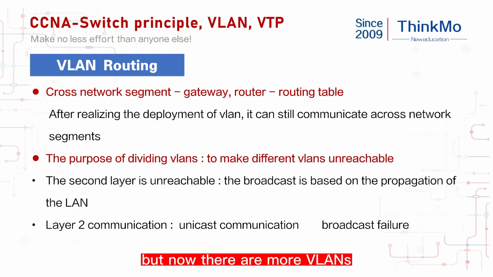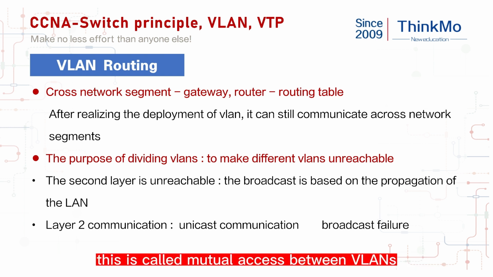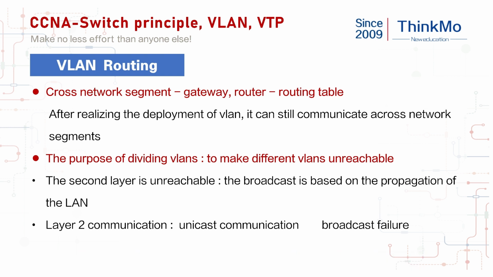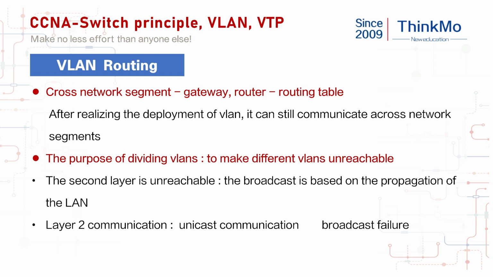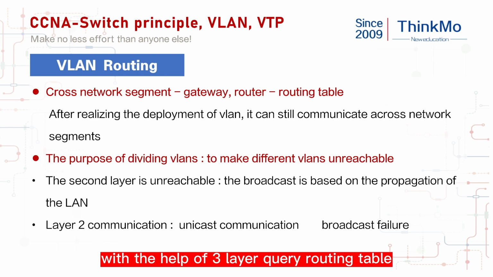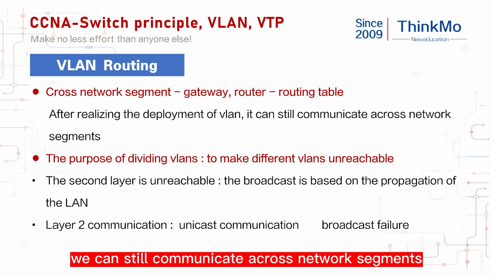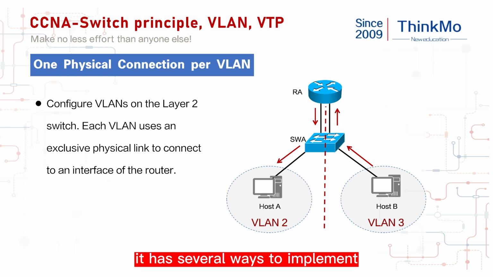But now there are more VLANs. How can we communicate with each other on top of VLANs? This is called mutual access between VLANs. Inter-VLAN access needs to use the routing function. Between different VLANs, there is no way to communicate at the second layer. If you want to communicate, it can only be forwarded with the help of a layer 3 routing table query. So, even after deploying VLANs, we can still communicate across network segments. This is an effect we want to achieve. It has several ways to implement. One of the easiest ways